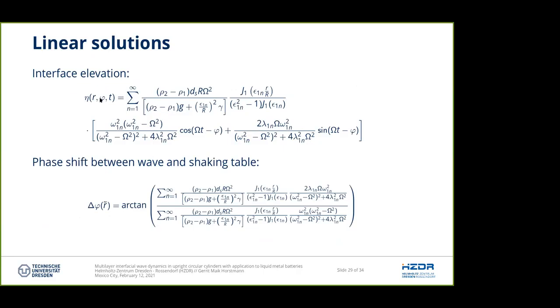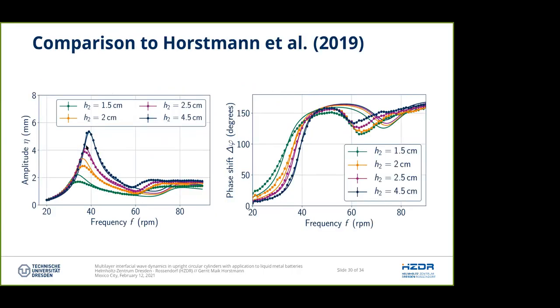for the interface elevation, which now consists of a cosine and a sine contribution. It's a quite lengthy formula, but it's explicit. And I also could derive a formula for the phase shifts between wave and shaker, which is also of some fundamental interest because it can drastically influence the wave motion in forced waves. So I applied then this elevation formula to my experiments, and indeed I could